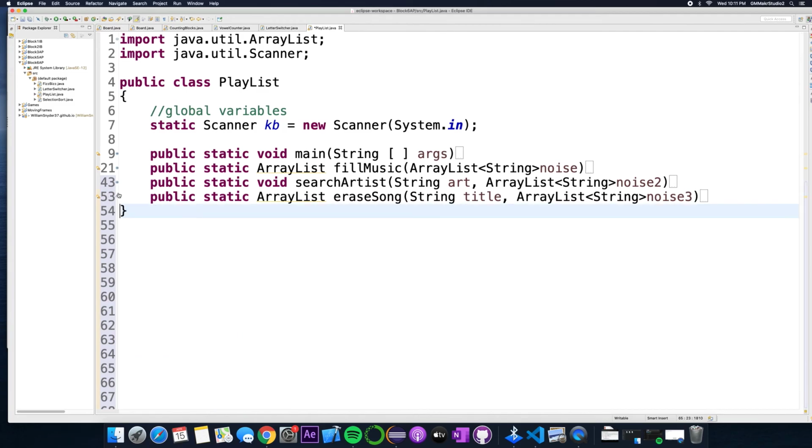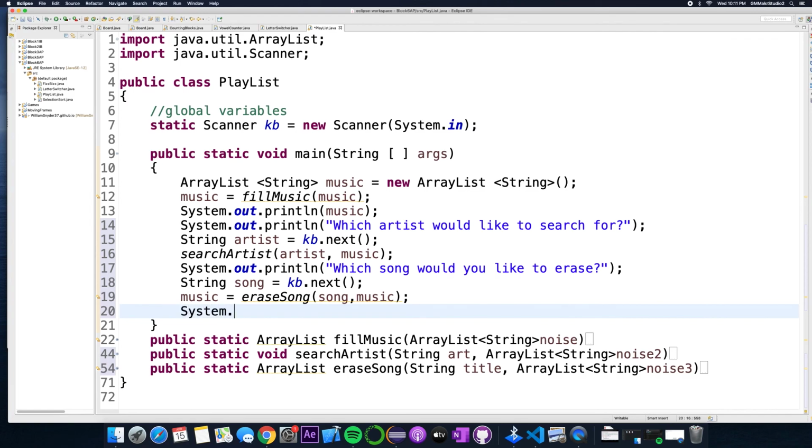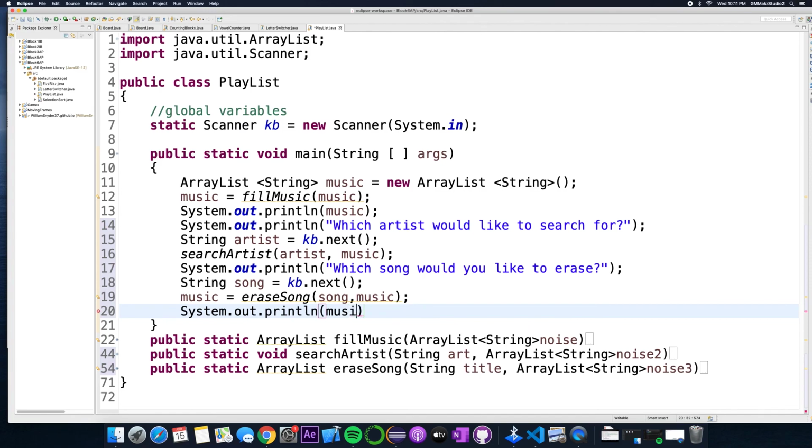And then up here, so that you could see whether it worked or not inside the main method, after you run the method, the next line down, just do system.out.println music. And that will print out the array list and you'll see what is going on. I'm going to stop here and make third